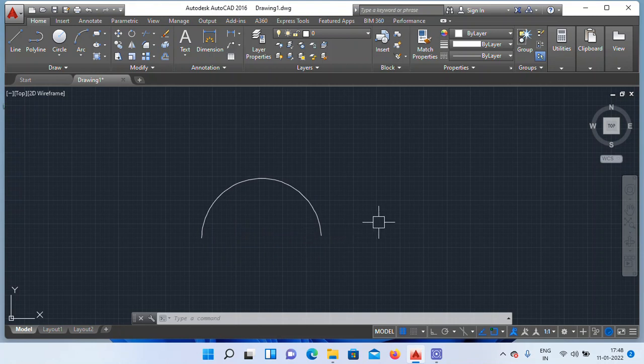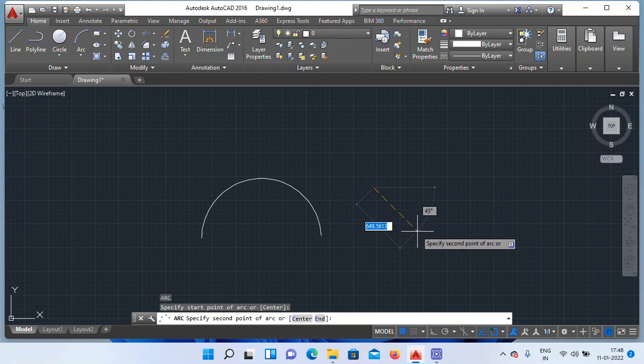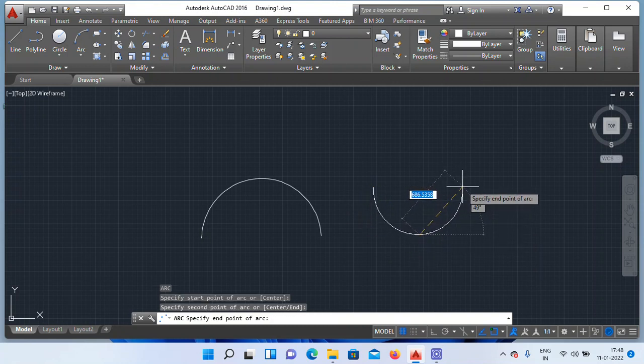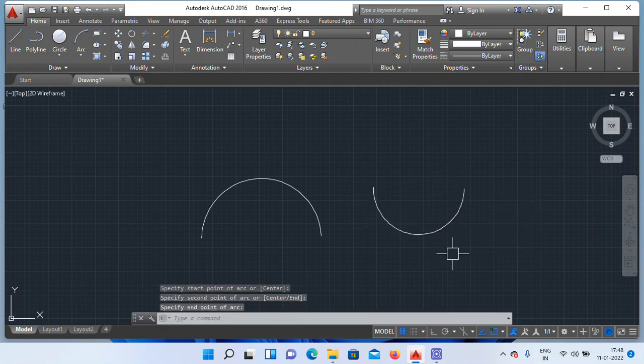Okay. Arc: just press A, enter, click 1, click 2, click 3, like this, right?